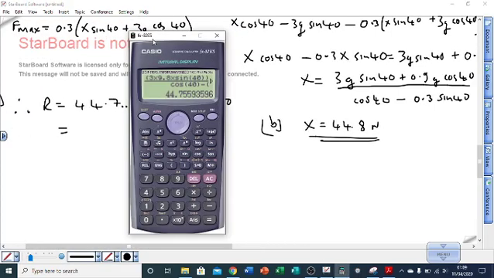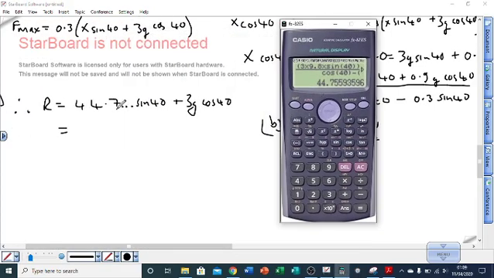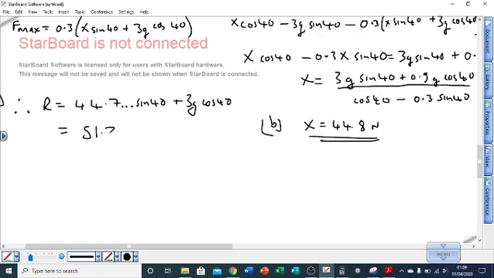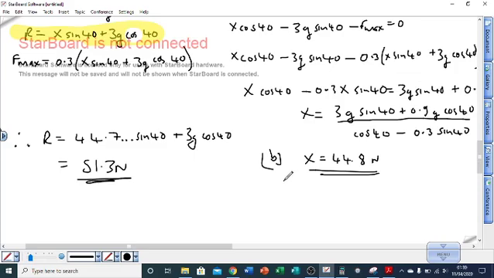So that is going to give us an R of, we've got my previous answer, which I've got stored there, and I'm going to times that by, in fact, brackets answer times sin 40, close brackets, plus open brackets times 9.8 times cos 40, close and close, and equals, and we get R is 51.3 newtons. Okay, so that's what I make it, and we'll just